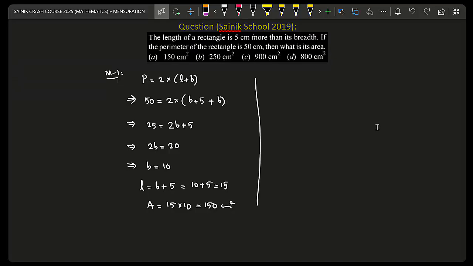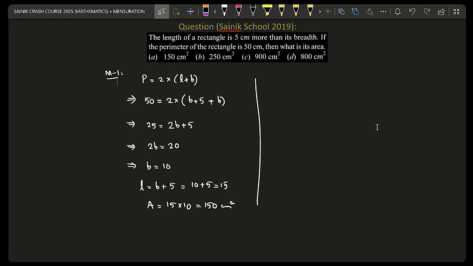Sir, can I read the question? Yeah, read the question again. The length of a rectangle is 5 centimeters more than its breadth. If the perimeter of the rectangle is 50 centimeters, then what is the area? We know the perimeter and we know the length and breadth relation, and how to find the area. First perimeter, length plus 5 is equal to